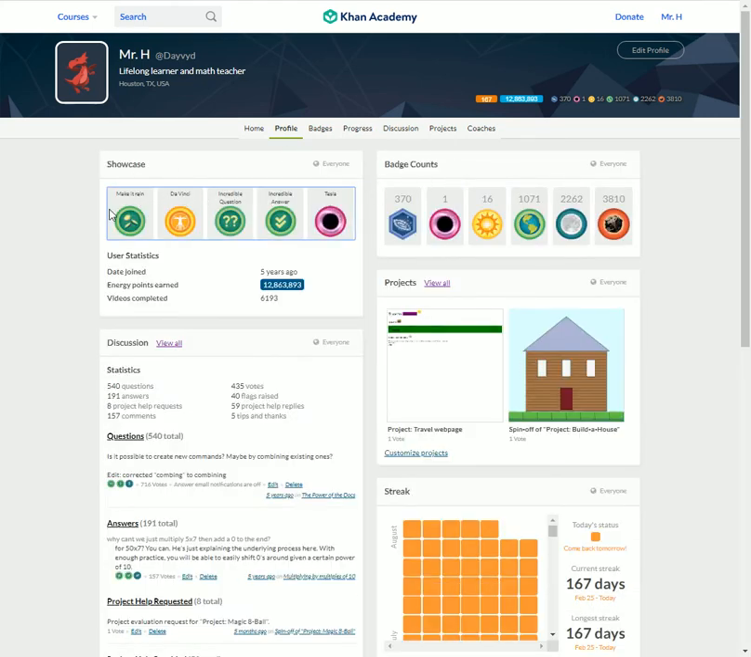Here you can put a showcase of, it's not doing my,